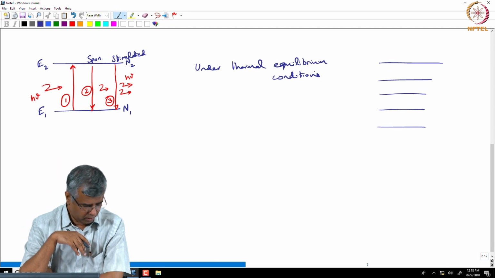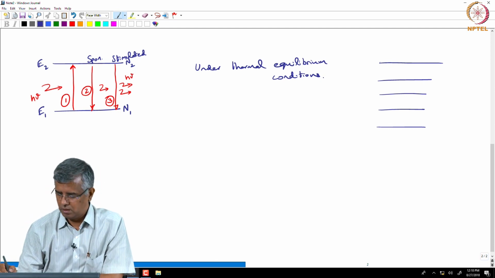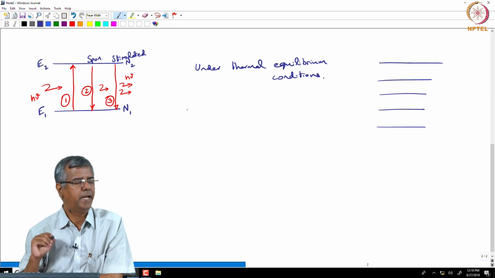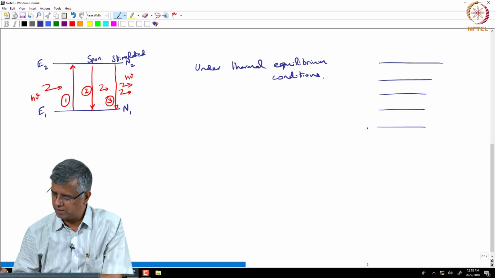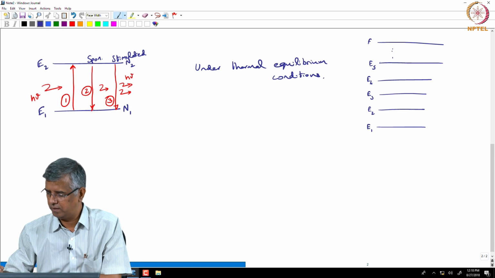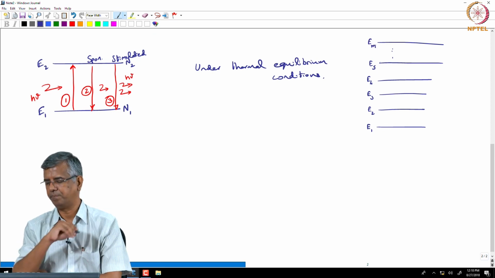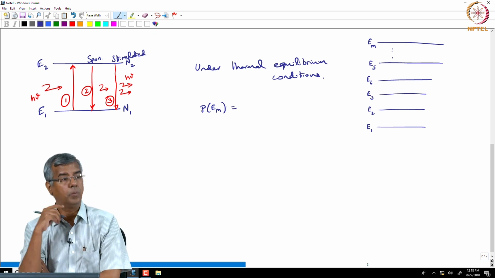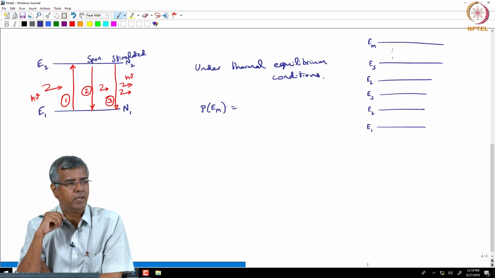Under thermal equilibrium conditions, the probability that you will find an electron at an energy level Em, let's say this corresponds to E1, E2, E3, E4, E5 and all that, and some arbitrary energy level Em. The probability that you will find an electron occupying an energy level Em,